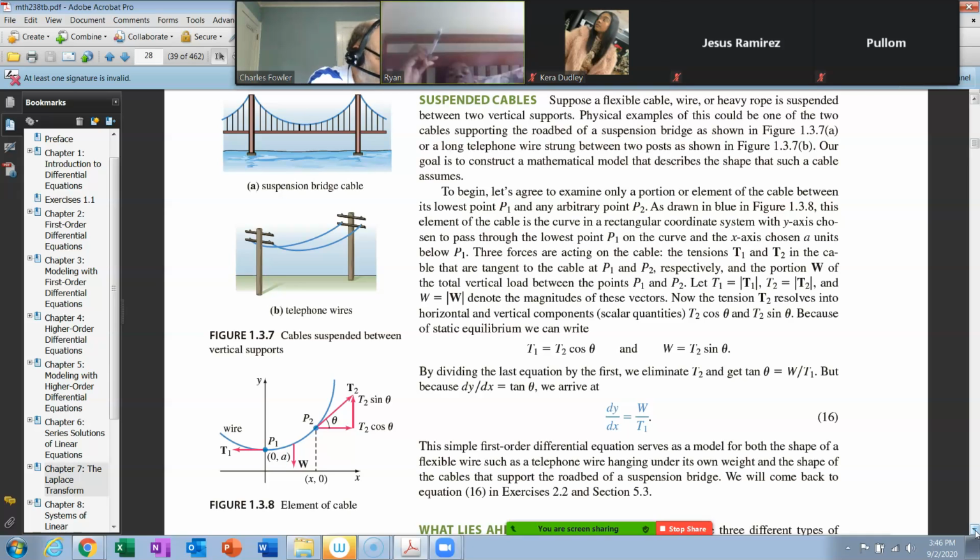And since most of you, I think, are going to be in engineering fields, they're all over the place in engineering. So what we're doing now is suspended cables. That's where we'll begin next time. We almost finished